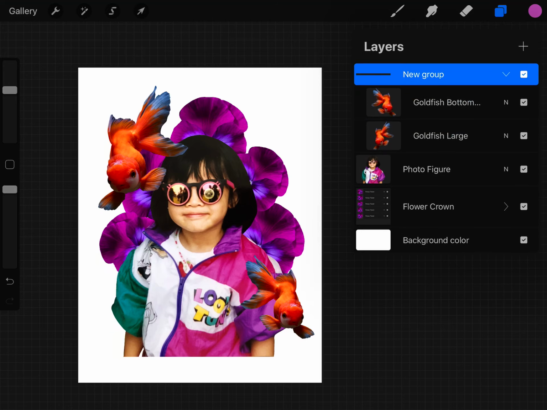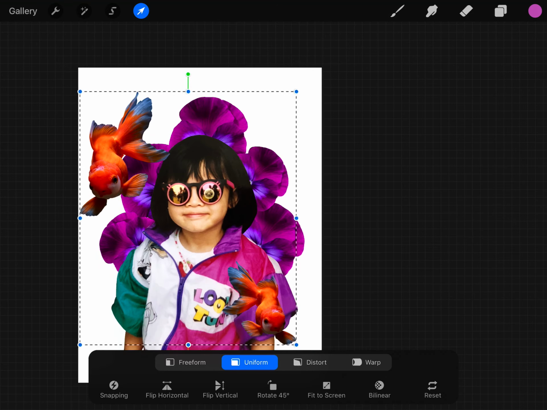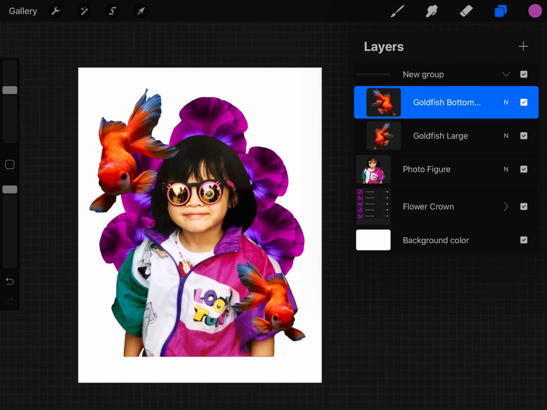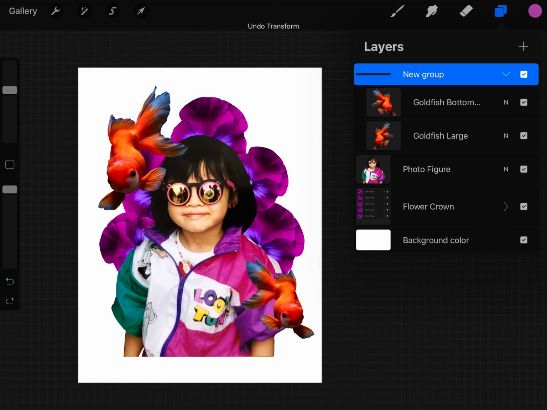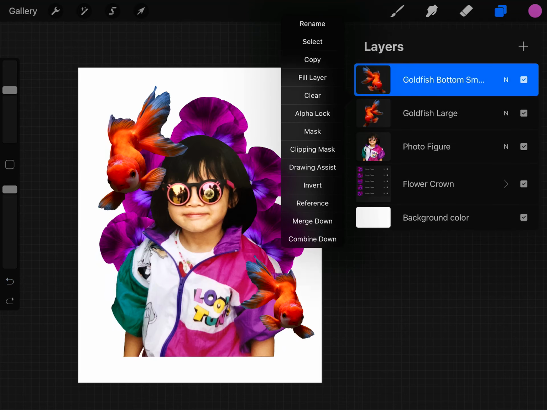If I hit combine down, that is another way to create a group really quickly, but it does go one at a time. So now I have a new goldfish group, and they'll move together. Notice that those layers are still separate though. So if I undo that, and I don't keep them as a group,